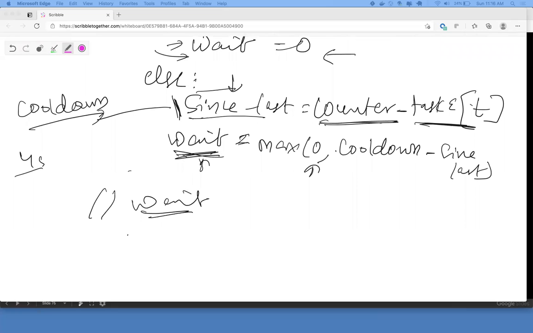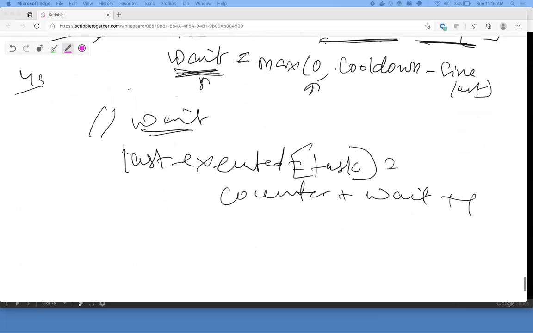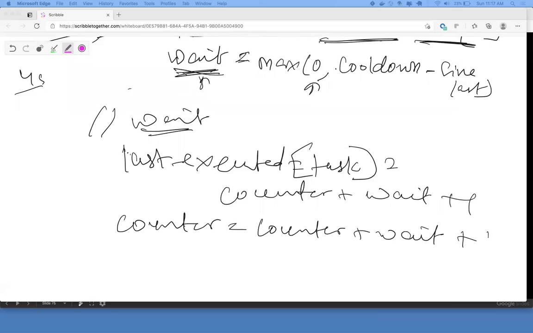And so what is your last executed? The last executed of your task is your counter plus weight plus 1, right? And then your counter is counter plus weight plus 1. Correct?